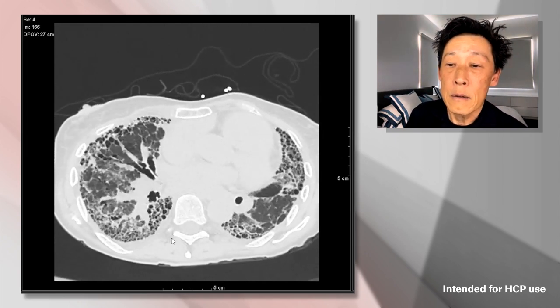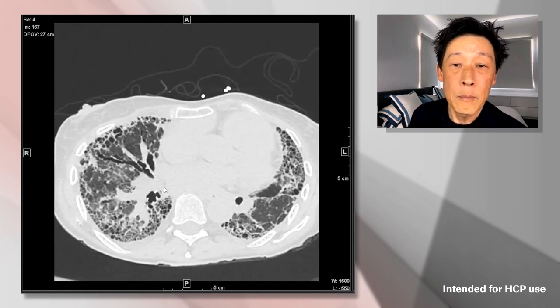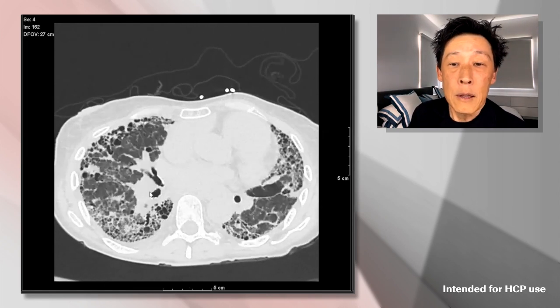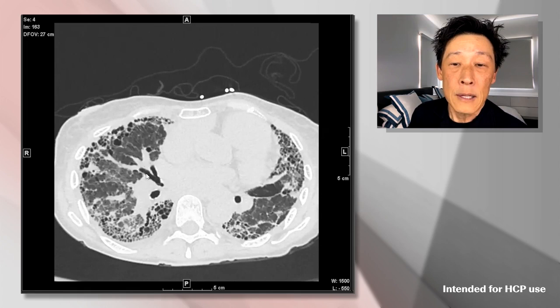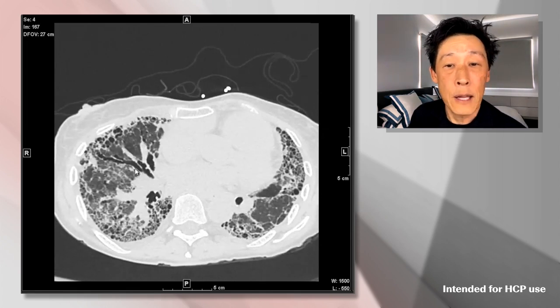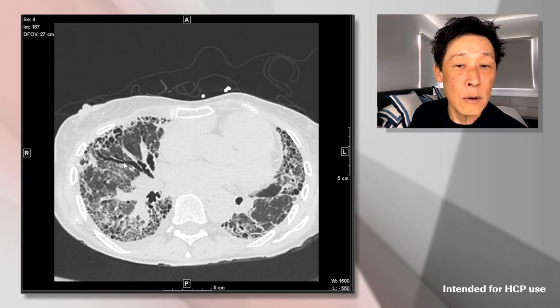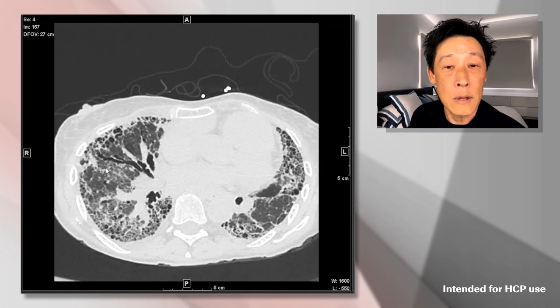Now, let me show you here. So we're here in the middle lobe, and here we have the lateral segmental bronchus of the middle lobe. If we follow this out, we can see that normal bronchi should taper as we go to the periphery, but you can see how irregular and varicoid this bronchus is, and this bronchiole is. And this is what's known as traction bronchiectasis and bronchiolectasis.